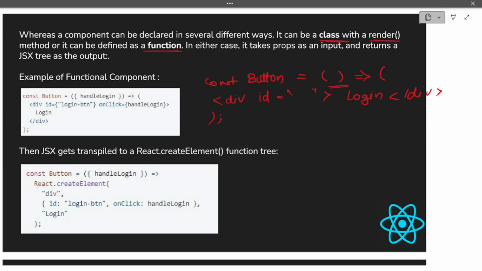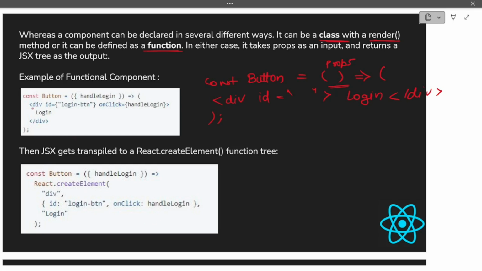Props are like inputs which are passed to a component. So here we can pass our props, whatever. Now the JSX gets transpiled to a React.createElement function tree. We have already seen how the code we have written gets transpiled.